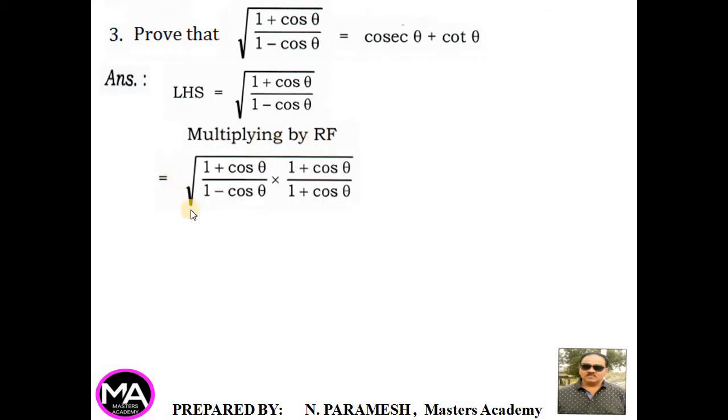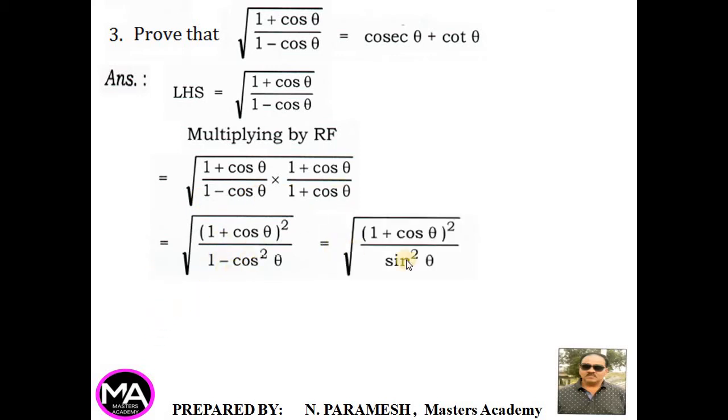Rationalizing factor of 1 minus cos theta is 1 plus cos theta. 1 plus cos theta divided by 1 plus cos theta, that is equal to a plus b into a plus b whole square, that is 1 plus cos theta whole square. A plus b into a minus b is nothing but a square minus b square, 1 square minus cos square